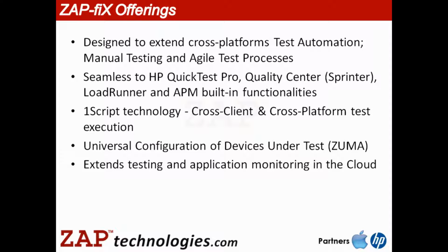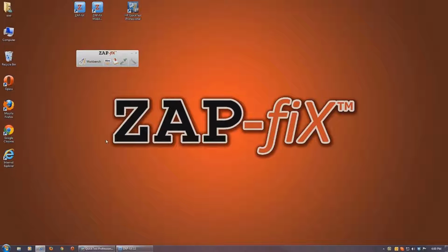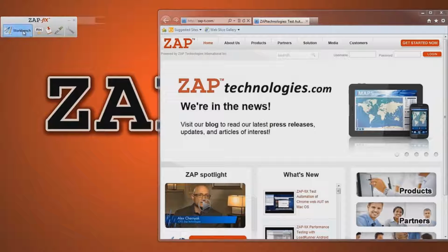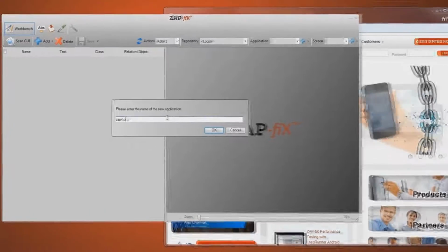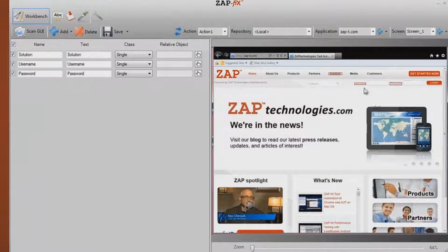At this point, I want to ask Venkata to help me with a demo, to play a video to demonstrate how automation can be done using ZAP Fix. In this demo, we're going to create a script using ZAP Fix, HP UFT and ALM on Internet Explorer and play it back on all browsers on Windows, Safari on Mac OS, and two browsers on mobile devices, on an iPad and a tablet. So the way we develop a script,